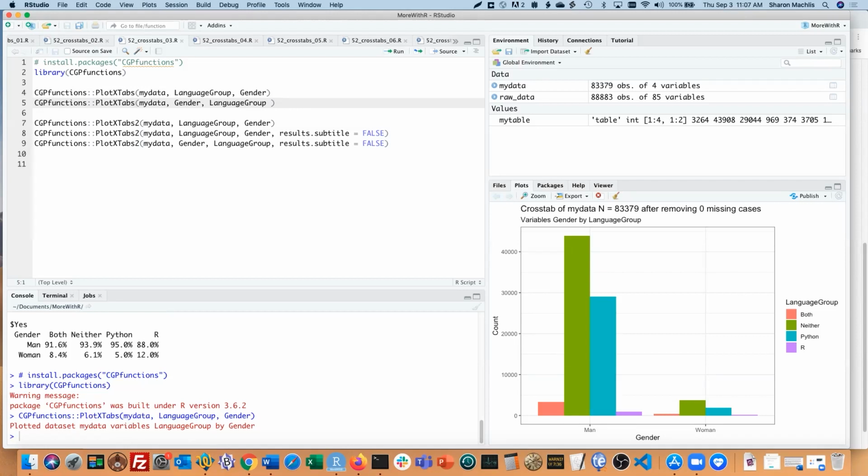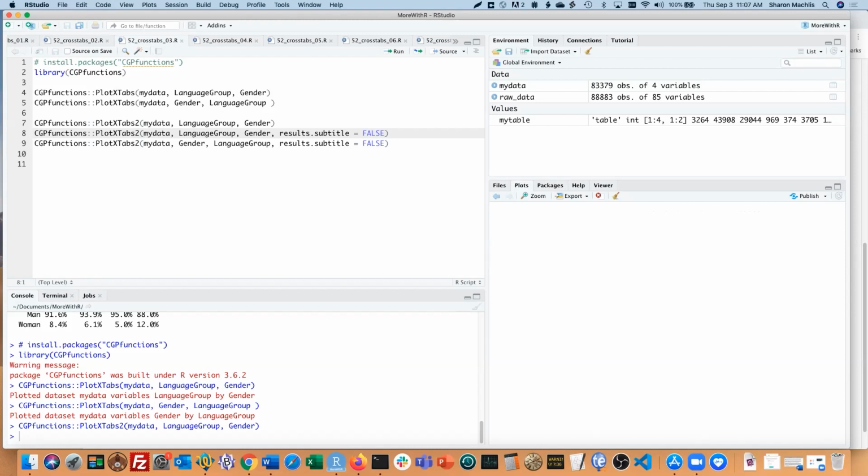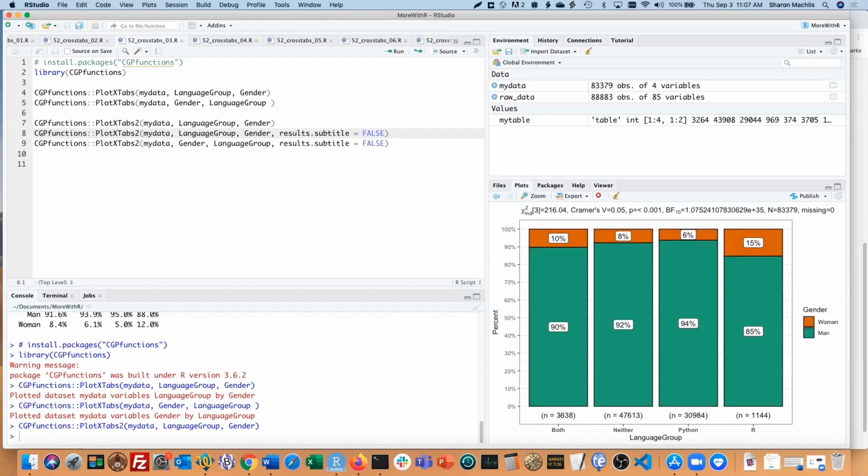You can see the plot in the bottom right panel here. We can look at it the other way. And here's the plot_xtabs2 function. Lots of nice data here, a little different kind of graph.